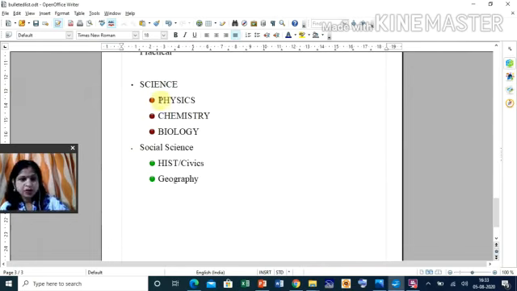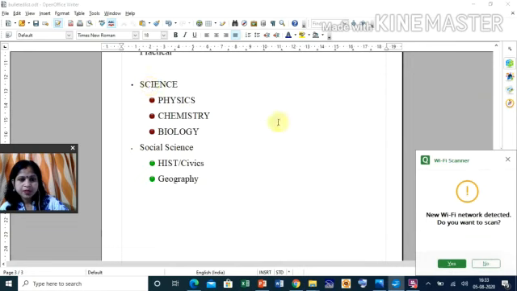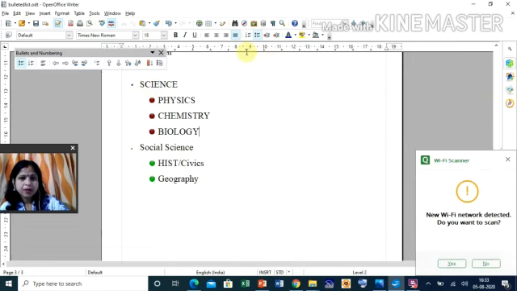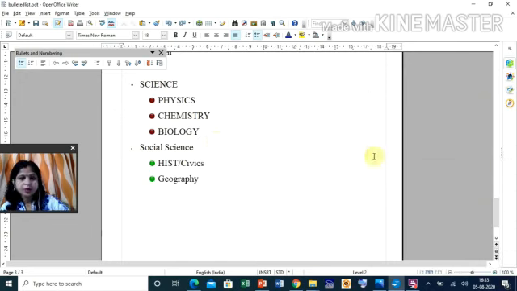Okay, so any other option is there, this indent level is there, that means decrease indent and increase indent, using this you can increase and decrease the indent of the text in the bulleted list. Okay, so hope all of you understand how to create a bulleted and numbered list, how to create a nested list, and how to format a list.